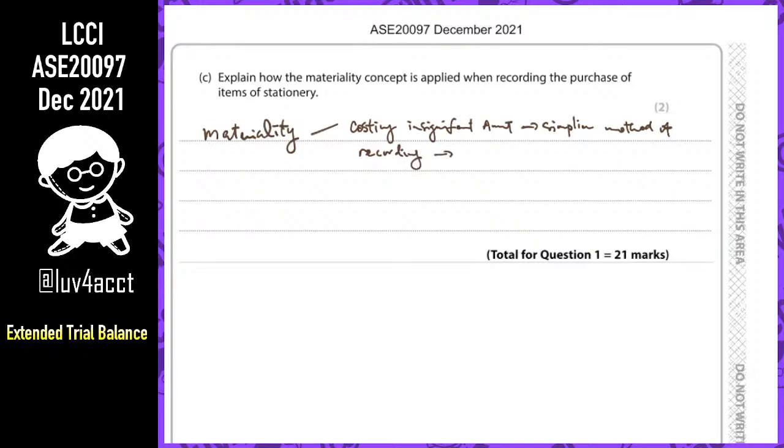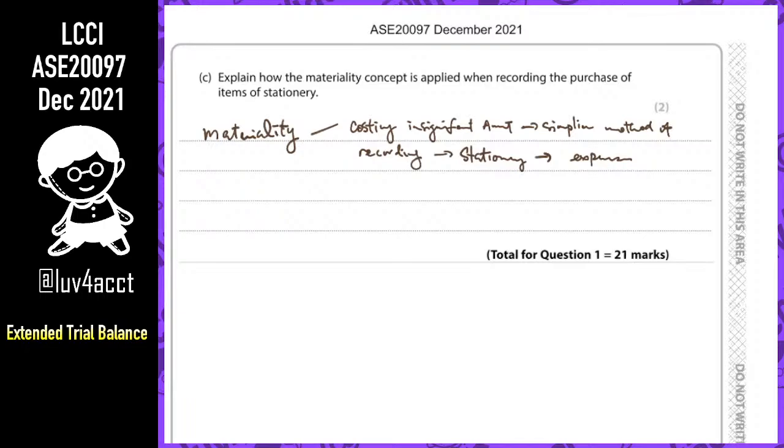Okay, that is when we have a small amount, buying office supplies, that is what we call stationery. Then we put it into the stationery account, which will go into the expenses for the current year. So that is what we need to write. We record it in the stationery account and it goes to expenses instead of putting it into the non-current